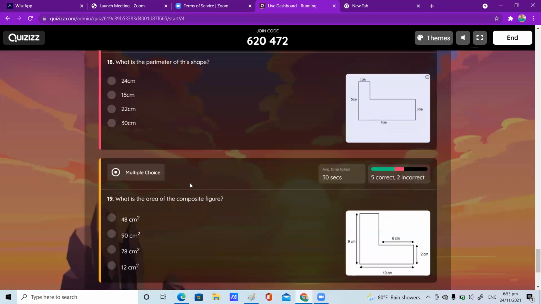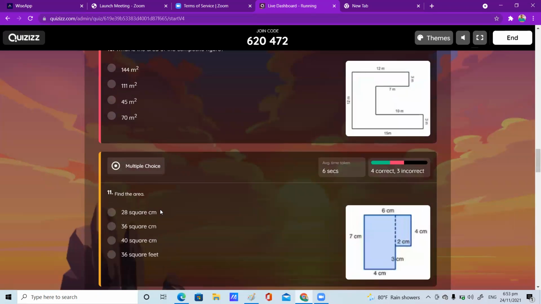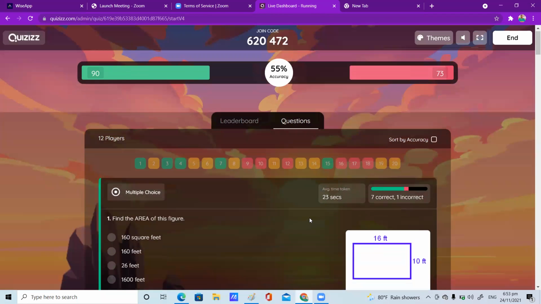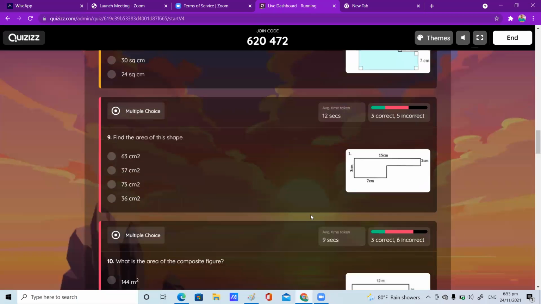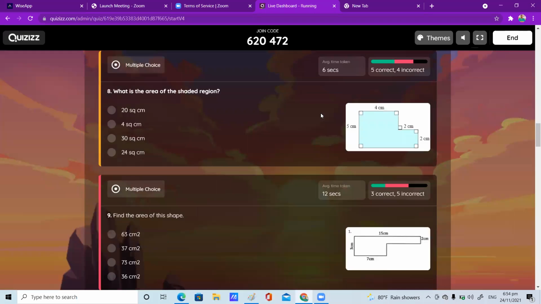Okay, children, the questions are not new. They are very concept-based questions only. Who is facing difficulties here? Raghav, I think we can split up the part of the question. You can divide the figure into squares or rectangles, Raghav. Suppose you divide it into a rectangle or square, then you can do 7 into 3 plus 7 into 3 plus 15 minus 7 into 2. Very good. Like that, you can apply your concept.